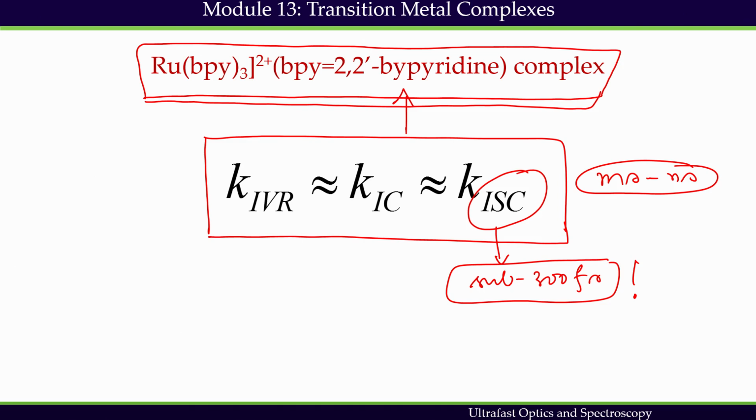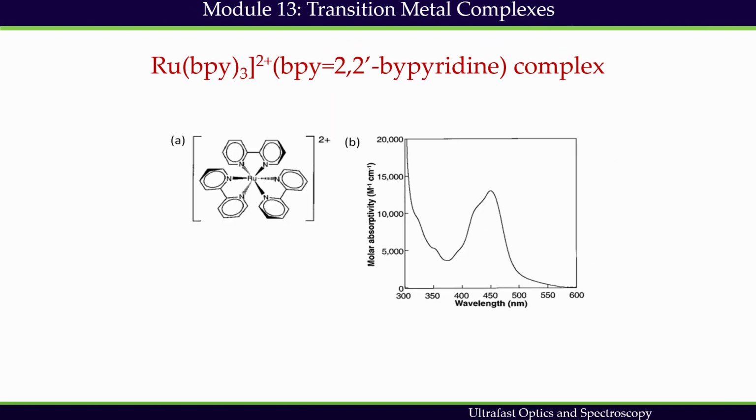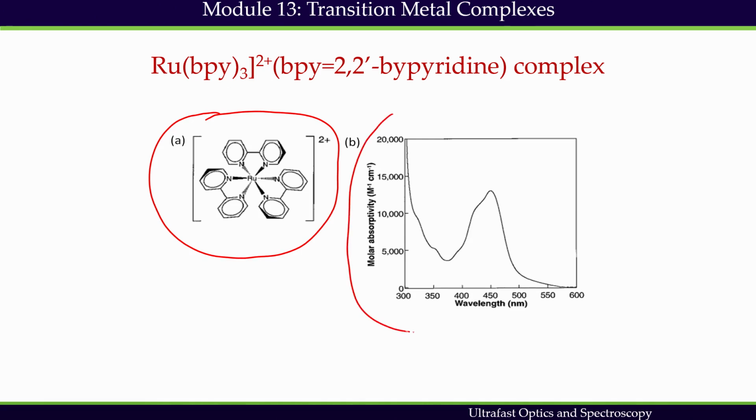Therefore, it can be anticipated that triplet excited states have an important role in the photochemistry of this transition metal complex and many other transition metal complexes. This is the structure of the ruthenium complex which has been studied, and this is the UV visible absorption spectrum of that complex. The strong visible absorption characteristic of this ruthenium